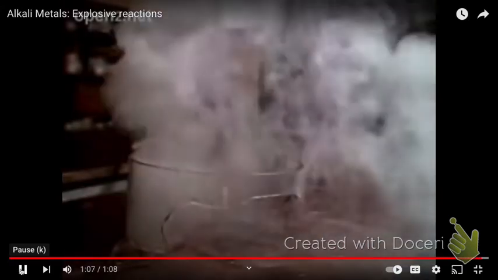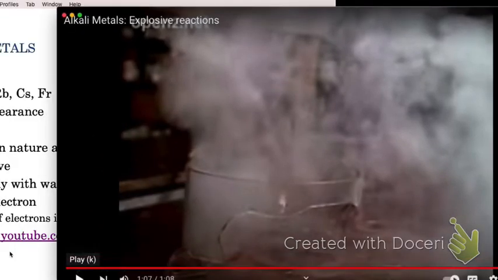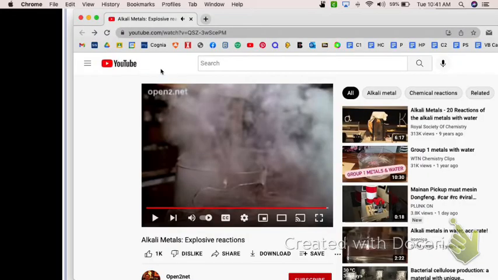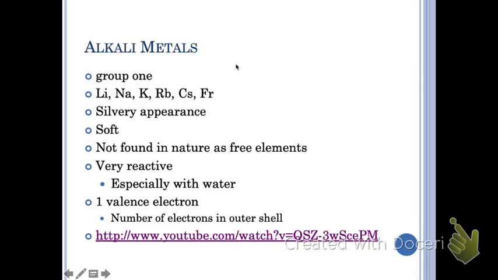Okay, so they become a lot more reactive the farther they get down the periodic table. Yeah, they didn't even do francium. That would be too dangerous. Even though sodium and lithium aren't super reactive, if you held sodium in your hand, it would burn your hand because just the water from your skin and your body would cause it to react.